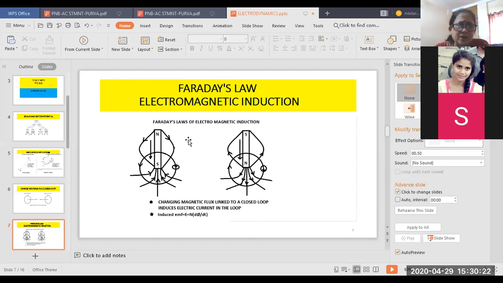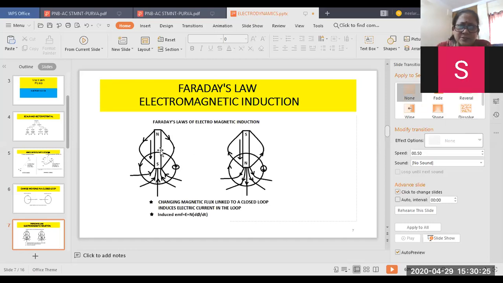Now what I am doing, I am moving this magnet. You can see here the magnet can come down or it can go up. When it comes down, what happens? This is the south pole, and these are the flux lines of the south pole. So the flux linkage of the circuit, which I call the external circuit, keeps on changing as a function of time. If it is near the external loop, the flux linkage is more. If it goes away, the flux linkage will be less.